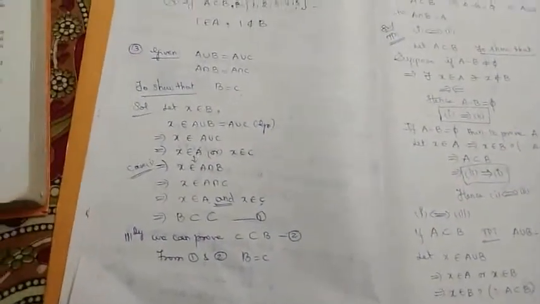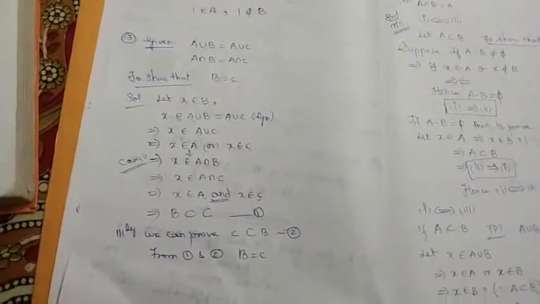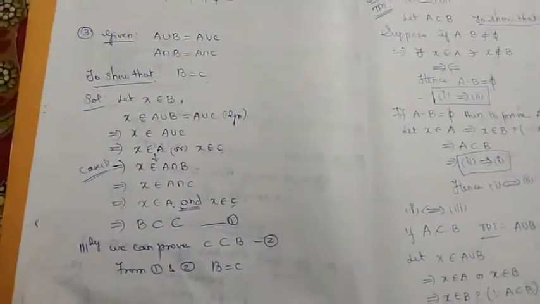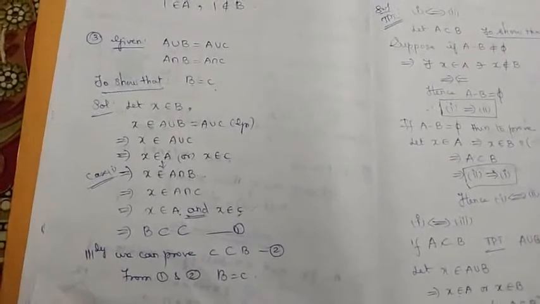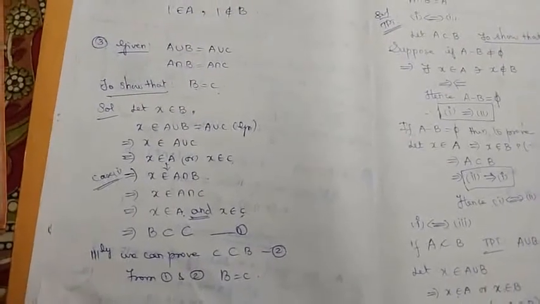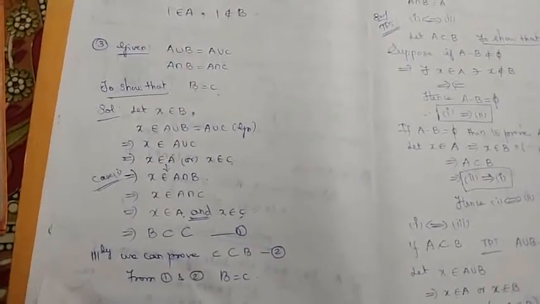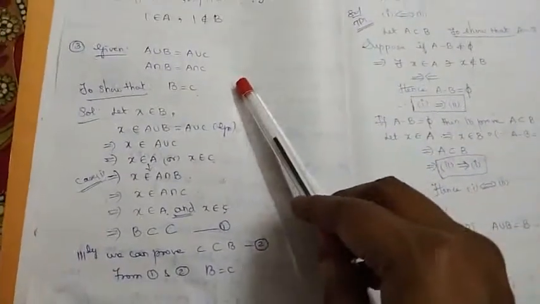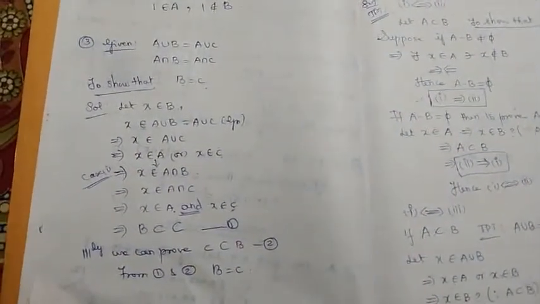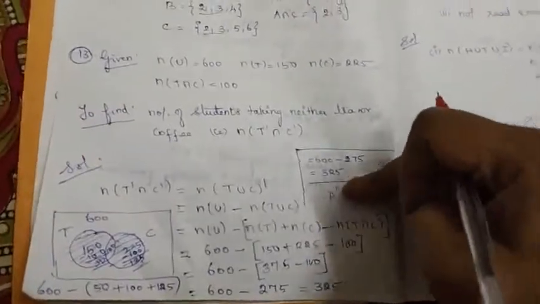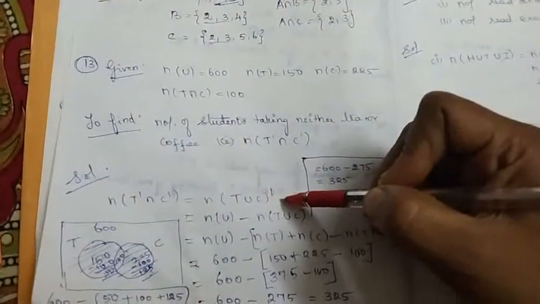This is the procedure to prove two sets are equal. We will be proving one set is a subset of the other and vice versa, right, by choosing a random element from the given set and using the constraints given in the question. So these are the problems where we will use De Morgan's law and other relations.